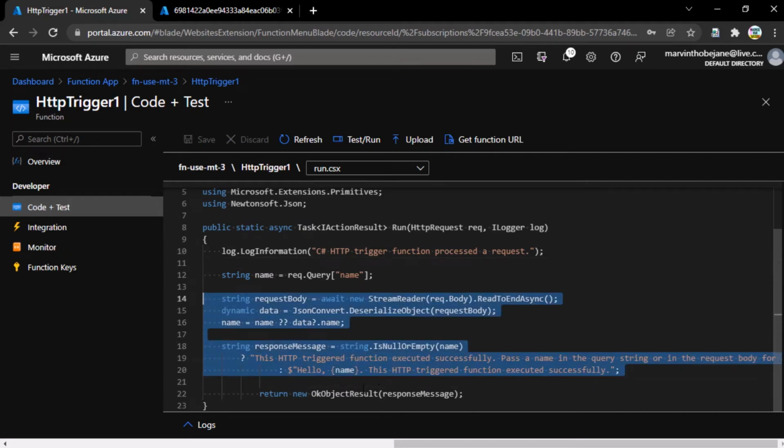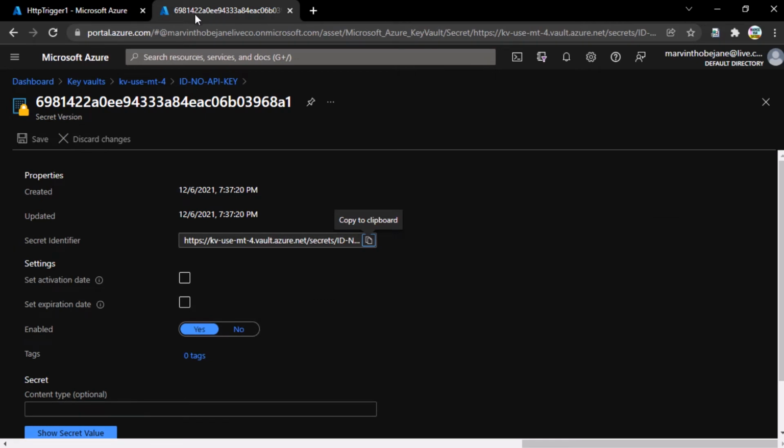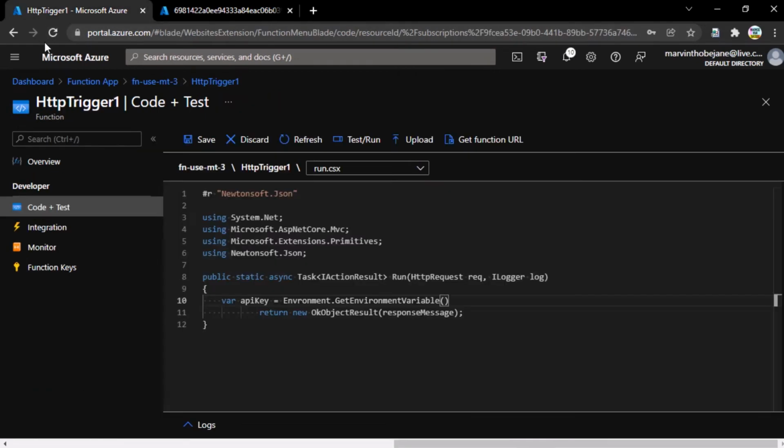We're just going to remove all of these and the API key, and use environment get environment variable. The name of our environment variable is, if we can go back to our configuration screen,